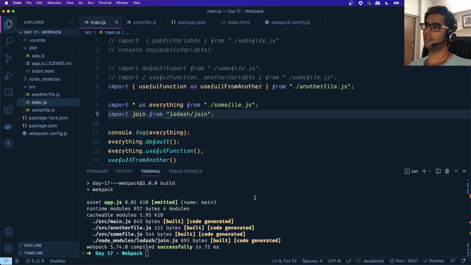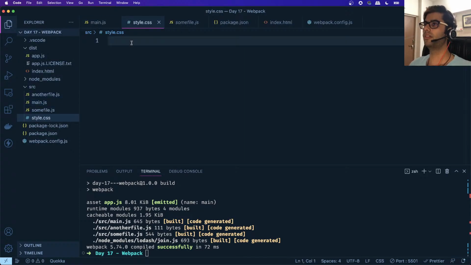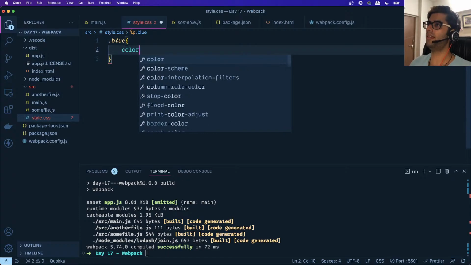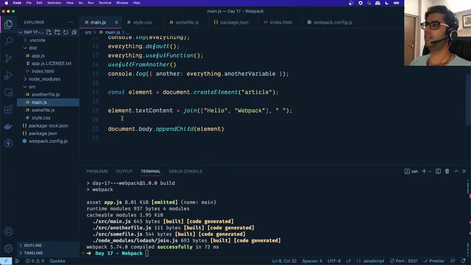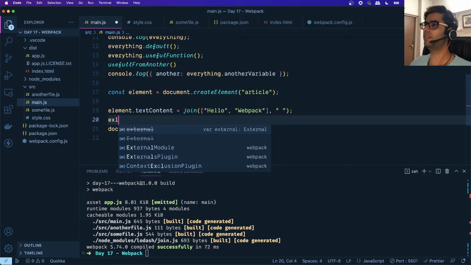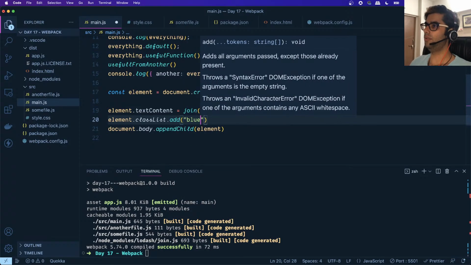Suppose we want to use a CSS file within our project, right? So let's do that. Let's create a CSS file, style.css, and let's say we have a class over here. Let's call it blue, and let's say color royal blue. Okay, and we want to apply this to the element which we have created. So we'll say element dot classList dot add blue. All right,